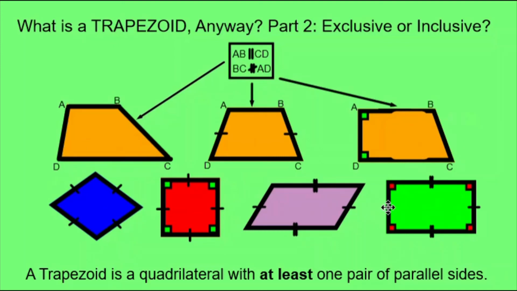By the exclusive definition, only the three orange trapezoids follow the rules, and therefore the rhombus, the square, the parallelogram, and the rectangle are not trapezoids. So it really depends on where you're learning this material. In areas where the curriculum uses the exclusive definition, like where I work, the orange ones are the only trapezoids that are following the rule. In other areas where they prefer the inclusive definition, all five of these types of shape follow the rule. The trapezoid, the various types of trapezoids, and the rhombus, the square, the rectangle, the parallelogram. So this is the difference between exclusive or inclusive in terms of the